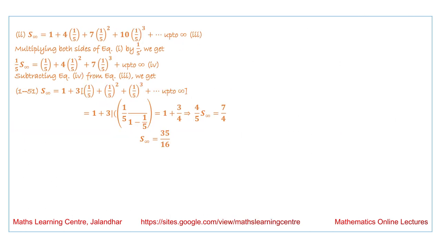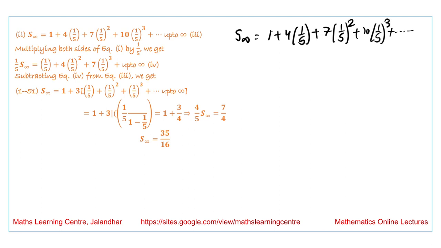Next we have to calculate the sum up to infinity. So to calculate the sum up to infinity, we write S infinity is 1 plus 4 into 1 by 5 plus 7 into 1 by 5 square plus 10 into 1 by 5 cube and so on up to infinity. If we multiply it with 1 by 5, we get 1 by 5 into S infinity equal to 1 by 5 plus 4 into 1 by 5 square plus 7 into 1 by 5 cube